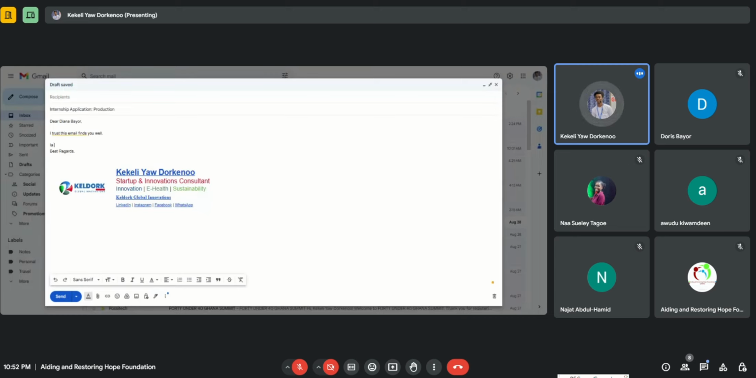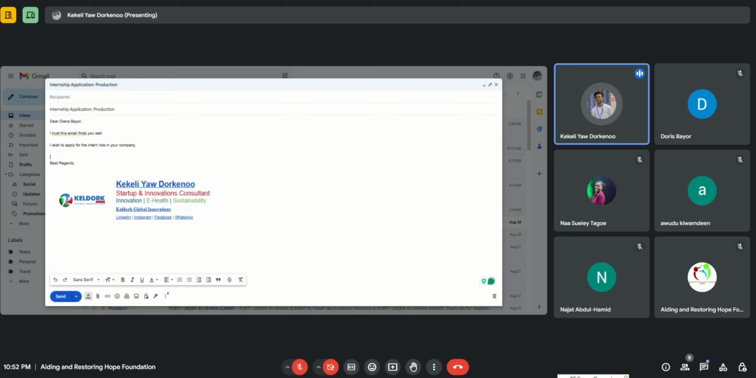I am applying, or I wish to apply for the intern role in your esteemed, or you can just say in your company. Then if you've told them the exact reason why you are emailing, and you have any excess thing, then you come and type it. So the excess can be, I am a current student of maybe UDS studying